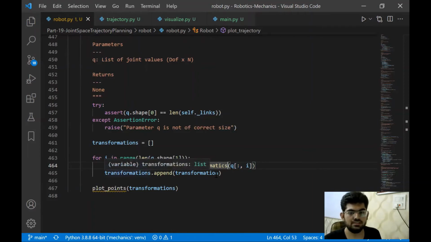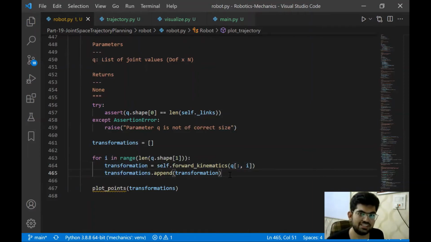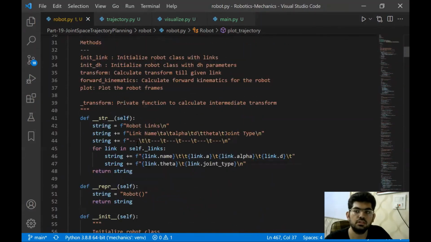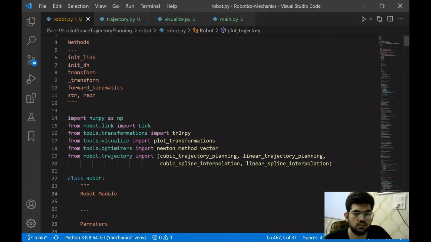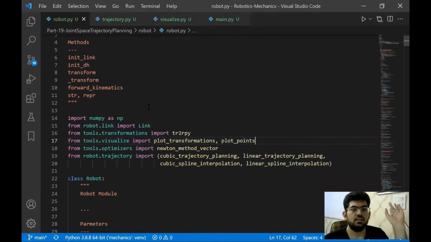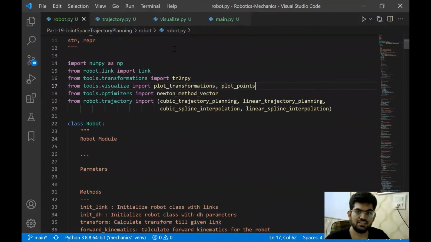Then the forward kinematics calculates the final end effector position homogeneous matrix. We are appending that to the transformations list, and then we are going to call the plot points function. This is not currently imported, so let's go above and import it. In visualize, we can import plot points. Now, what's left is to test and see how this works.